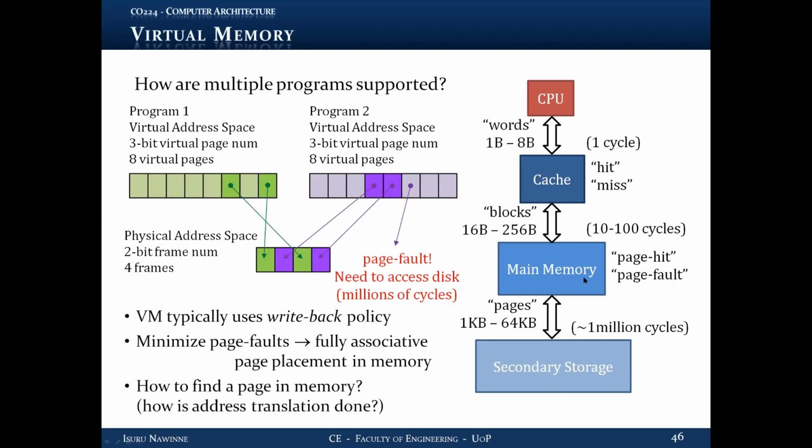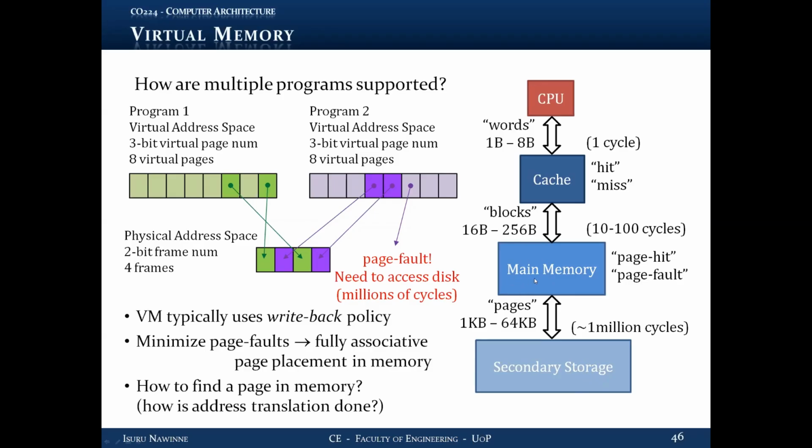So we want to minimize page faults. How we use the available amount of memory to place pages from disk, we usually go for fully associative. These are placement policies used in memory. Remember, we don't use an index, right? There is no mapping policy saying a particular page from the memory has to go to that particular location